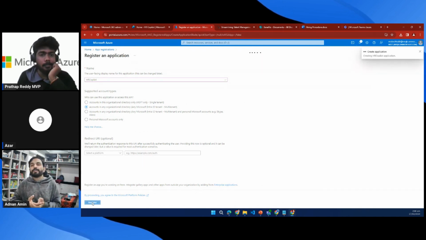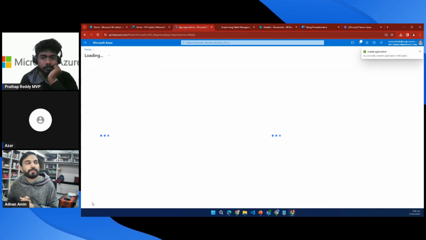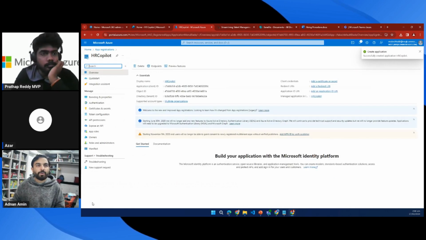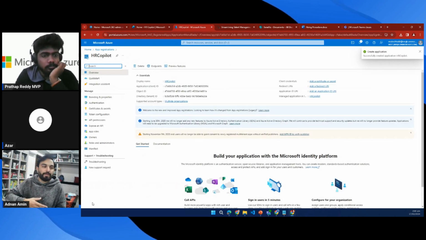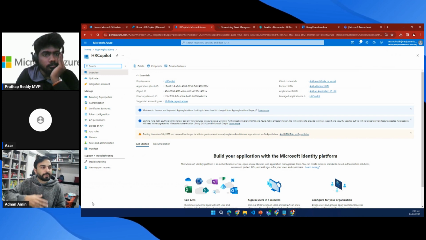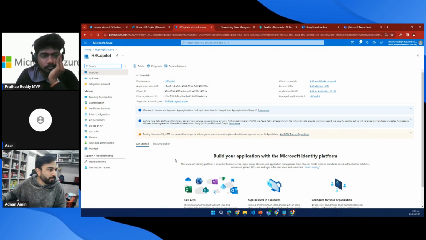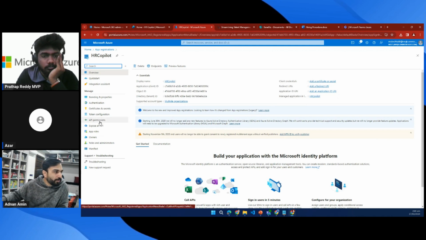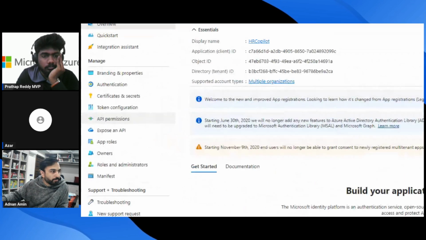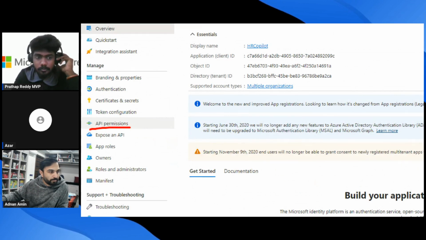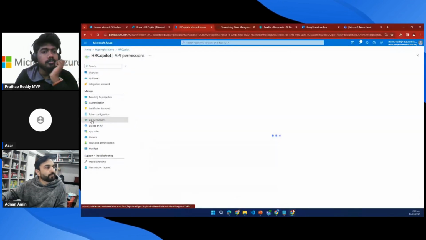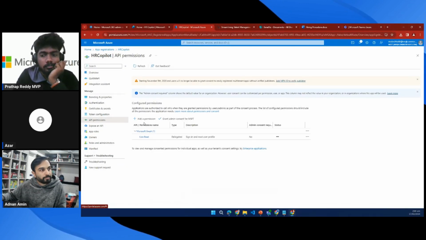I'm not going into detail about the registration process and what these details are. I'm just taking you through a walkthrough, and in the future we might discuss more details on app creation. And here you will see different options. I will go to the app permissions here, and I will go to add permissions,